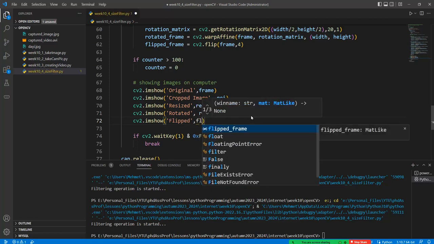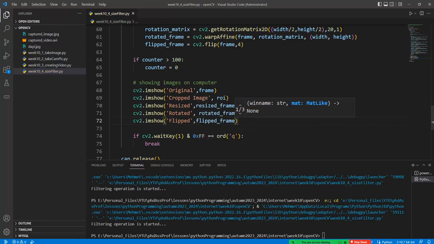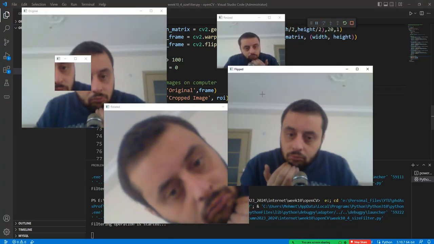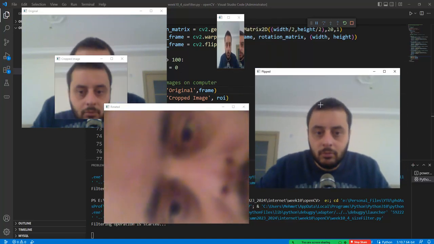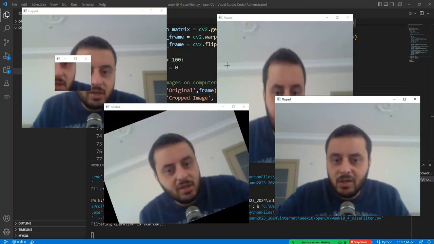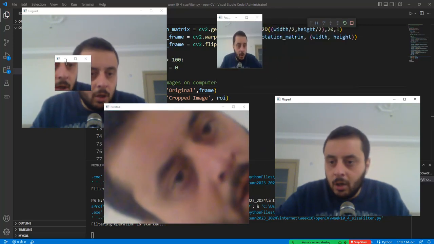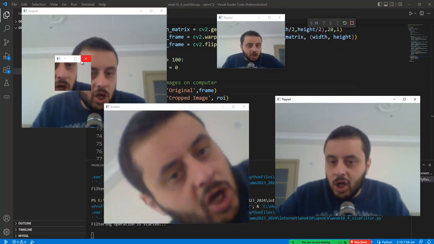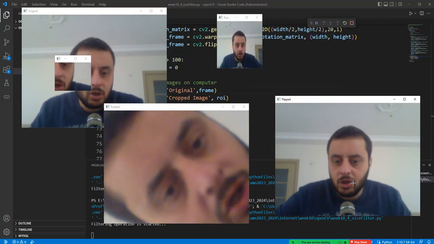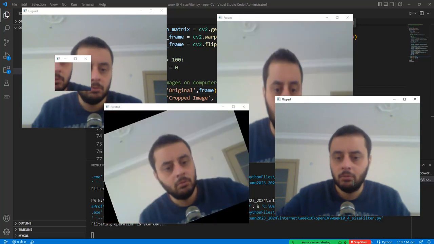and flipped frame. Okay, and so if I run this code, just see that the resize always changes, the crop image changes, the original image changes, the flipped image is changed, like this one. Okay,